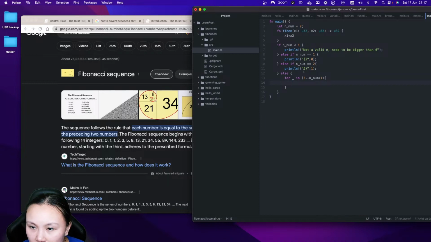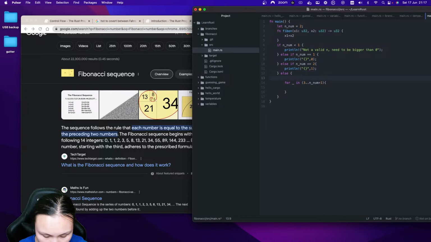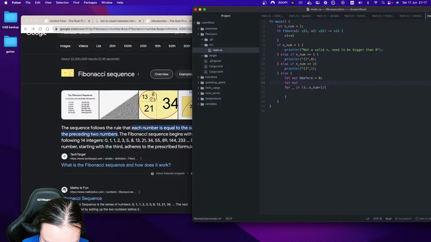Yeah, so okay, so I have to be like let, and then mut, so last, so num, so before and before before is 0, and let's mut before equals to 1. Okay,